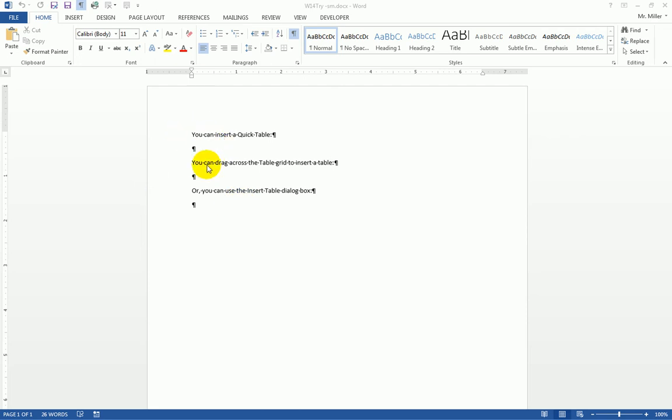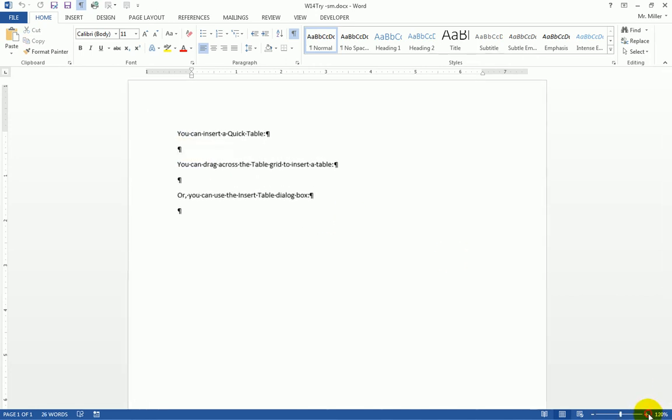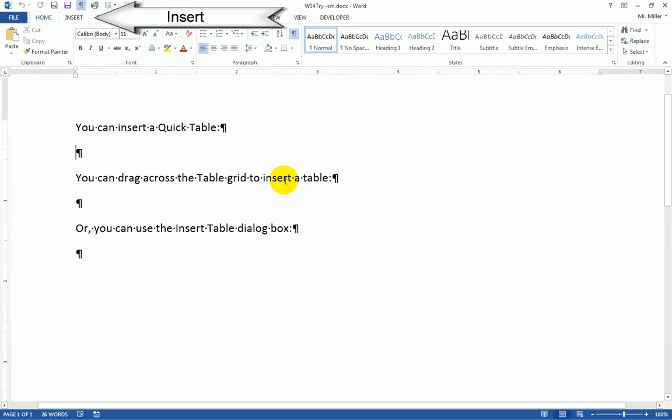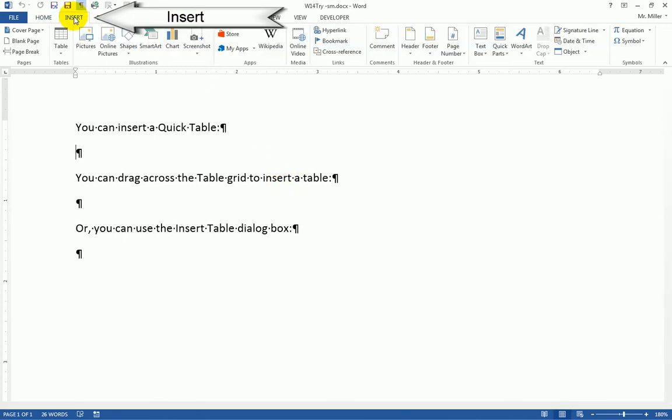In this document, you'll see three different placeholders for three different types of tables that we're going to insert. We're going to start by talking about this Quick Table option. So we're going to click underneath the Quick Table option. And from here, we're going to go to the Insert tab. Whenever you insert a table into Microsoft Word, you're going to have to use the Insert tab to make that